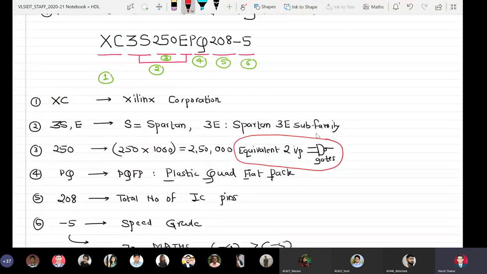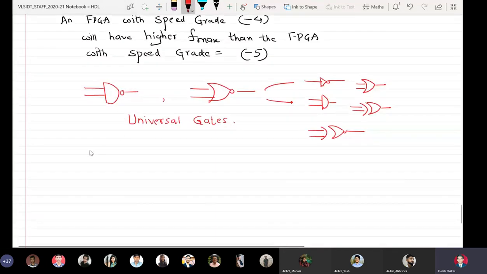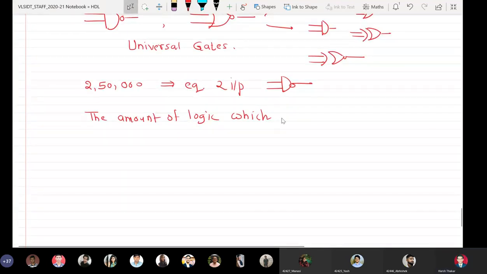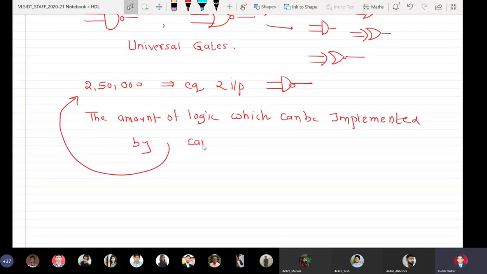logic complexity in terms of equivalent two input NAND gates. So basically what it means when I say that it contains 250,000 equivalent two input NAND gates, it means that the amount of logic which can be implemented by these many NAND gates can also be implemented by the above FPGA.